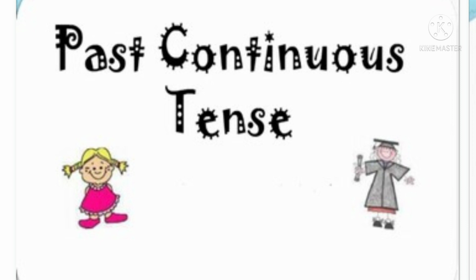So children, here we wind up today's class, but you have some homework. Page number 41, A. Tick the correct verbs to complete these sentences. Based on the rules of usage, you have to do this exercise. First one is A. Tick the correct verb to complete these sentences. Next one is B. Complete these sentences with the correct forms of verbs in brackets.